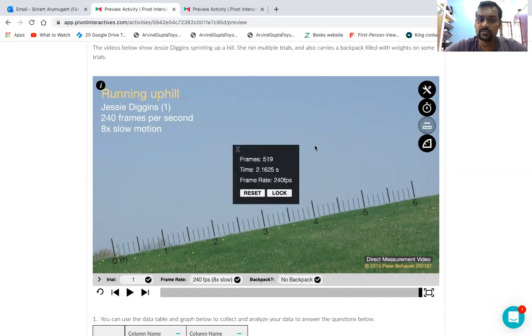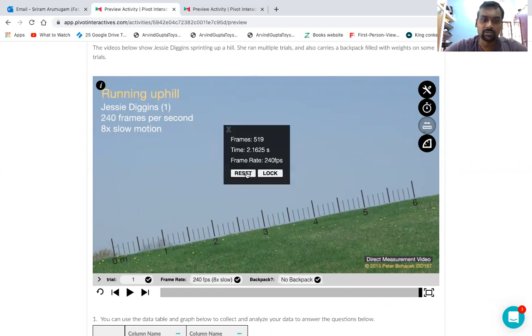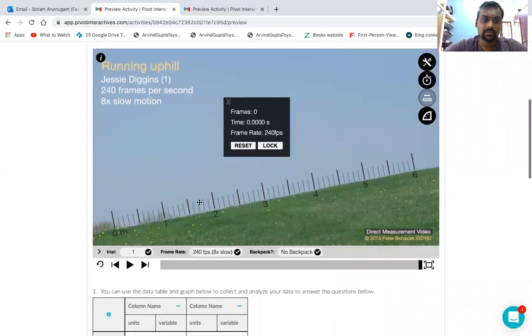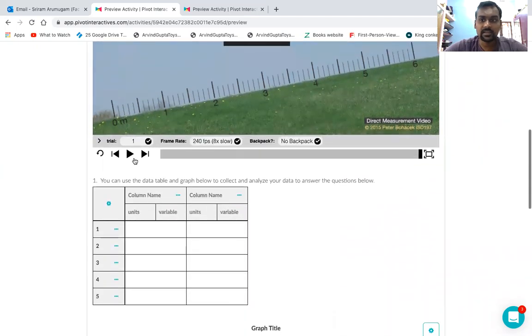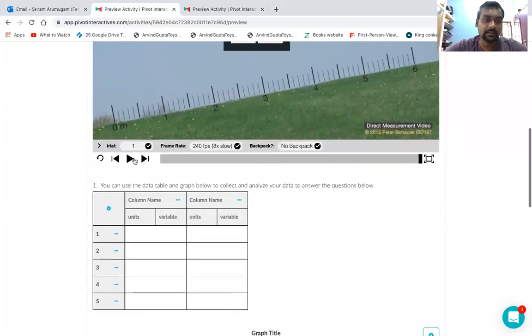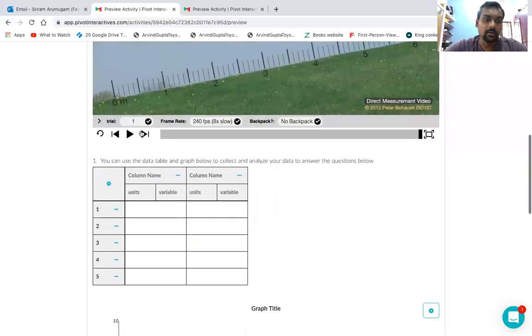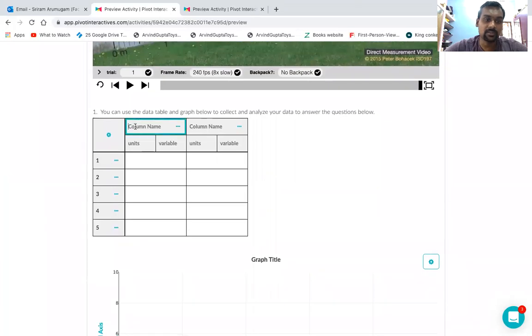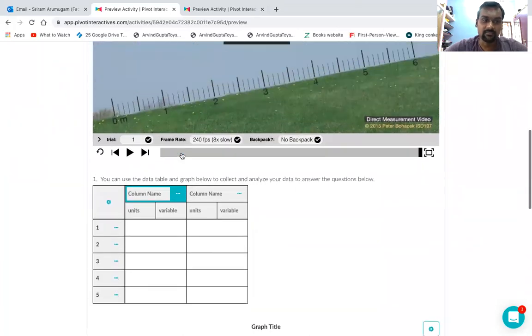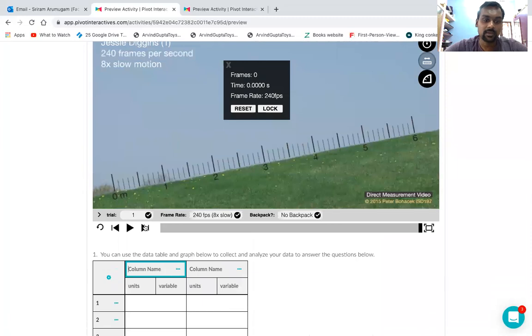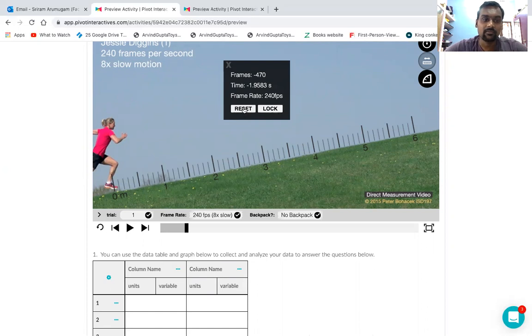And I also have the feature of a stopwatch. So I'm going to reset it to 0. Basically, I'm going to try and collect data which are going to be my displacement versus time. So let me play, or rather move the videos. Now this is my first data point. So I'll reset it,